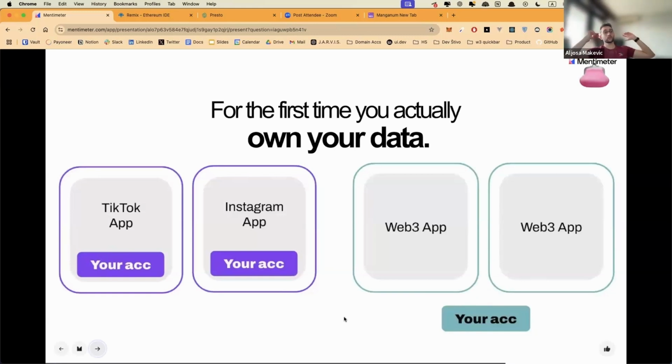So if a Web3 app shuts down, or if I'm blacklisted or blocked, I can't actually be deleted. They can stop me from using this app, but all my data is still here because it was never theirs. I'm still the owner of everything. So I can just go to this other app. I don't care. So the user has a lot more power.